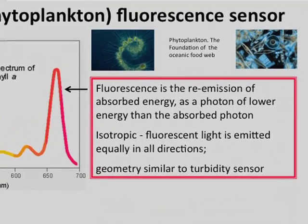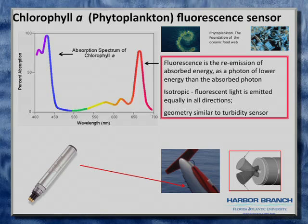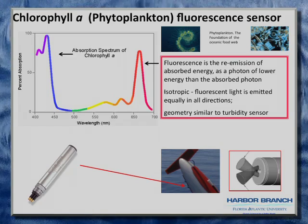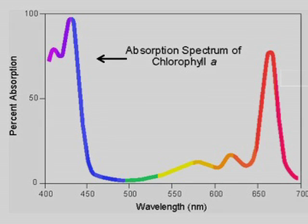Now these are types of phytoplankton. There are diatoms, a very common type. I'm not sure what this one is called, but they are primarily structured from chlorophyll A. Fluorescence is a way of measuring certain molecules as long as they fluoresce. If you consider that visible light runs from the blue, like the violet, at 400 nanometers up to 700 nanometers, which is called the far red,